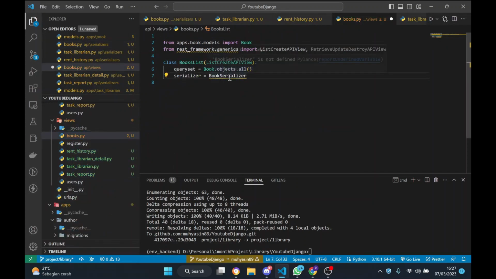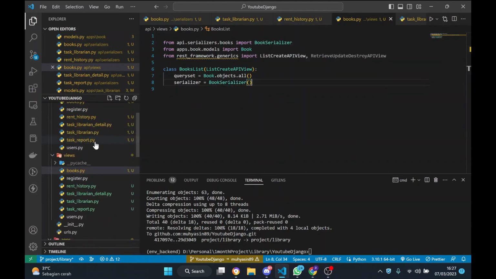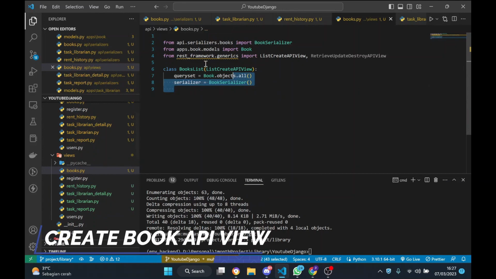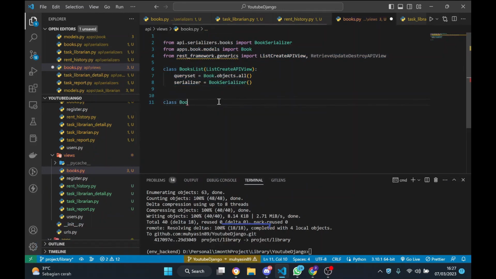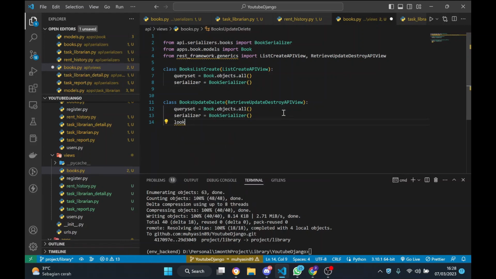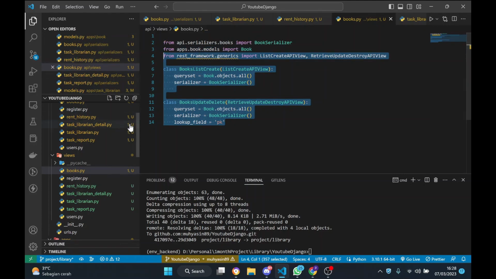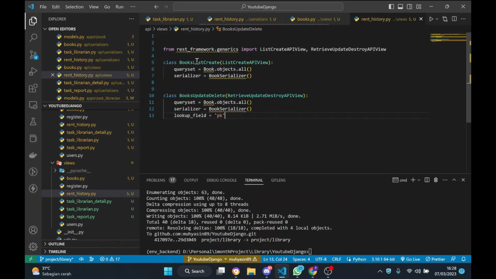This is for the view in here. I'm going to say that for this it's just list create API, so you make sure that one API has create and update. I'm sorry, get the list and also the created one. And I'm going to just copy this one to make sure that you can retrieve, update, and destroy from the one point. And we're going to look for PK or primary key, and I'm going to copy this one